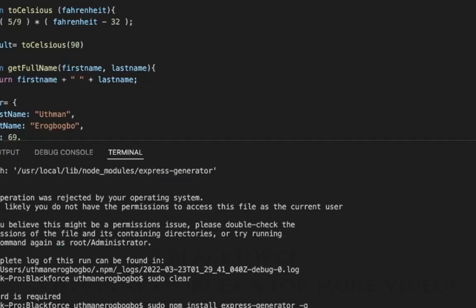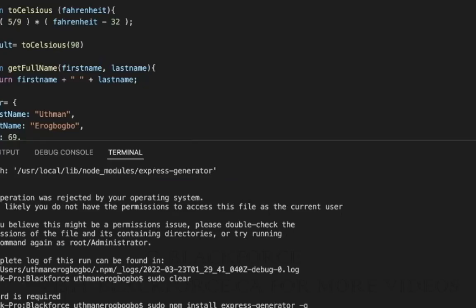So I have the go ahead. While you're here, let's try generate an Express app for you. You've installed Express, right? So let me see, to generate a what's it called? To generate